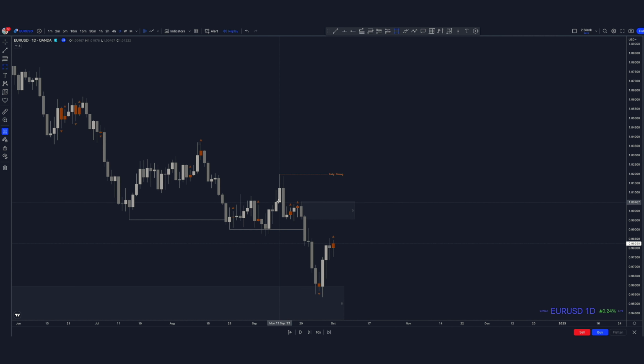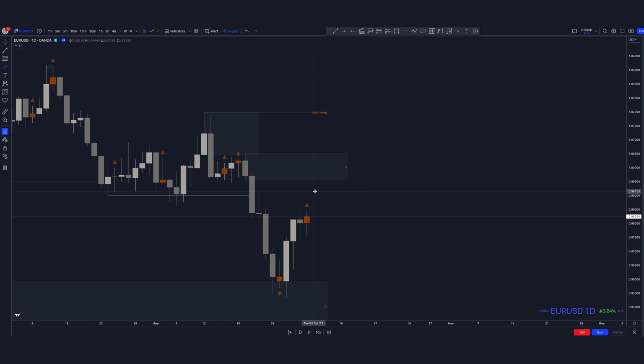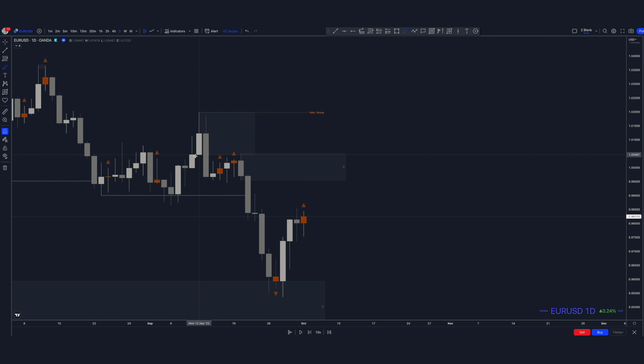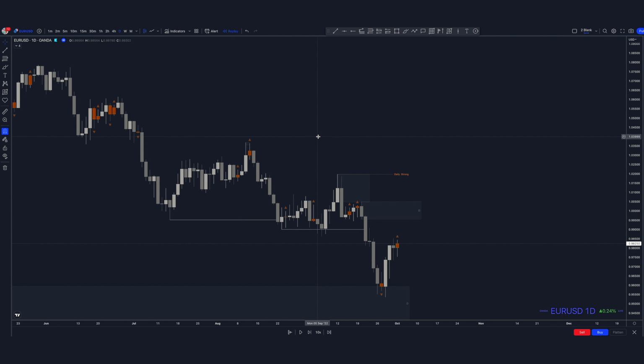So let's see this one. See this one here, right? Price came to mitigate it here. When it pulled back, it mitigated because you can see there that it pulled back to inside that box, which was this whole candle area here. So sometimes price,